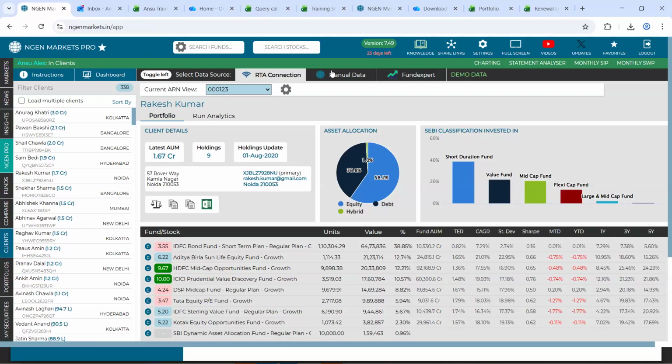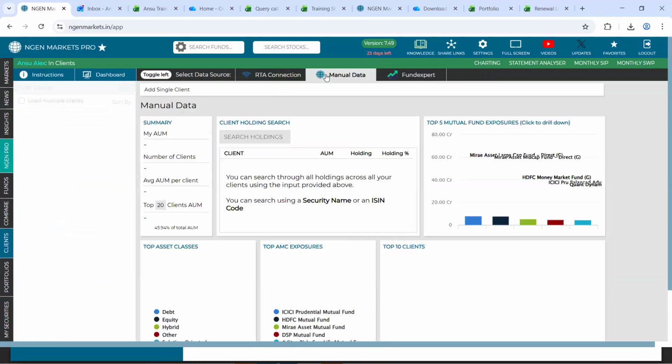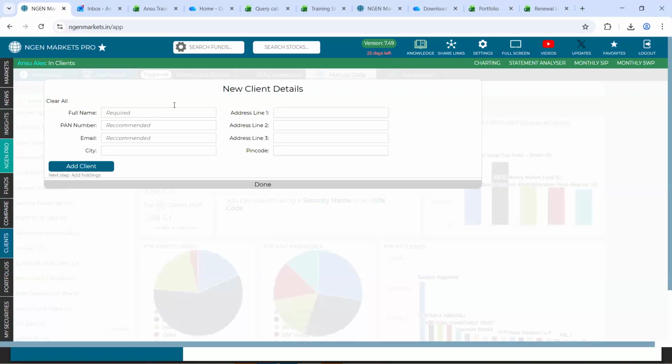Next to that, we have this manual data tab in the client section itself. Once you go to manual data, in this section, there is an option called add single client, which once clicked will give you an option called add manually. Now, this is a section wherein, as I highlighted, you can create portfolios just by typing in the name of the schemes. So you simply give a name to this portfolio,